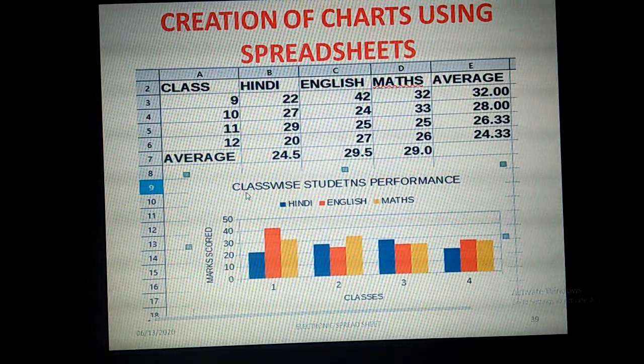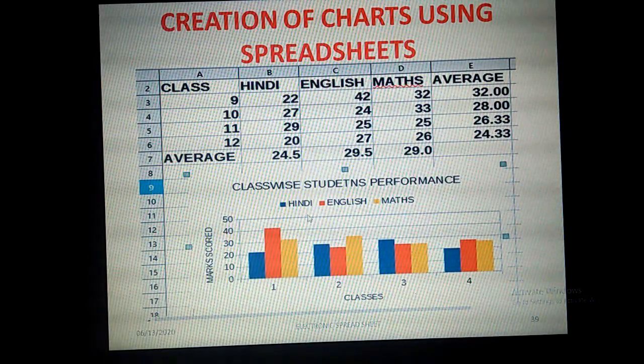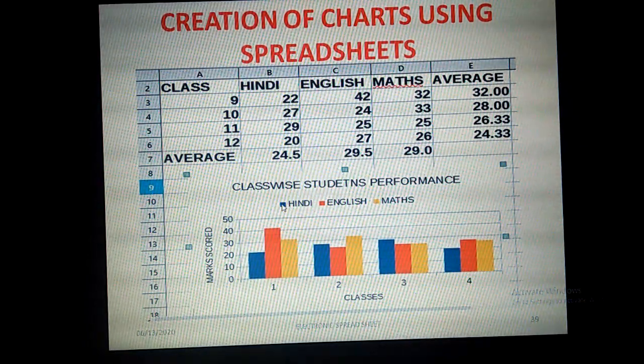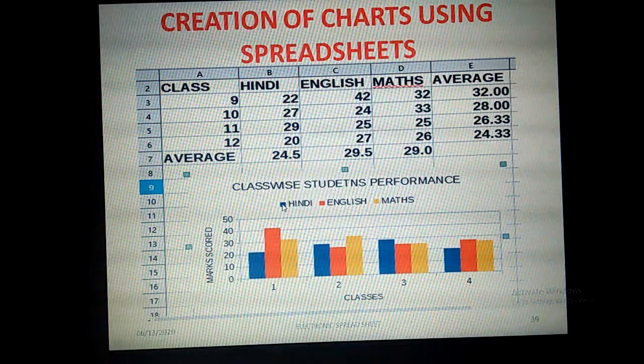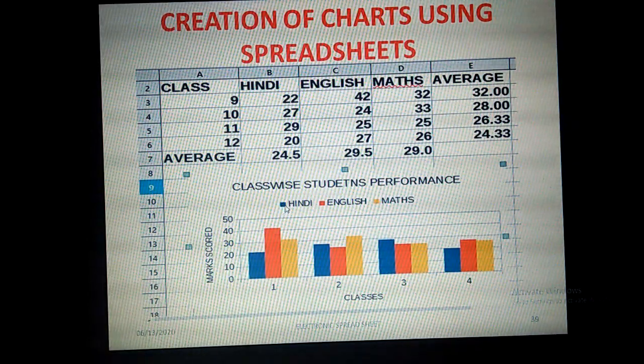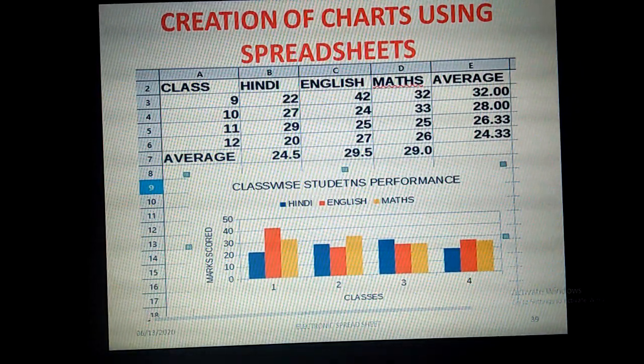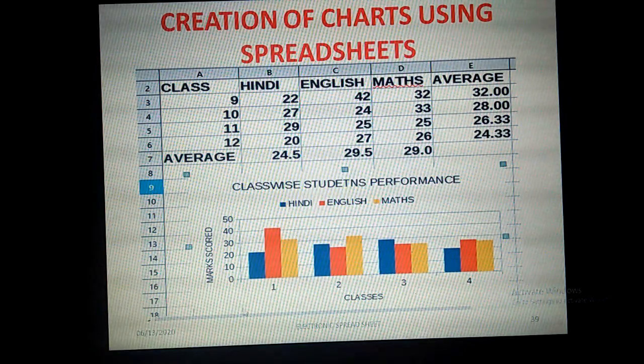Here we can give the title for the column chart, and the legends. These small boxes are called legends. This indicates the data series in a different way, that is, uniquely we can identify a data series with the help of the legend. Legend is a box used to identify the data series in a unique way, because with the help of different colors we can identify each data series. Each rectangular box represents a data series: first student, second student, third student and fourth student.